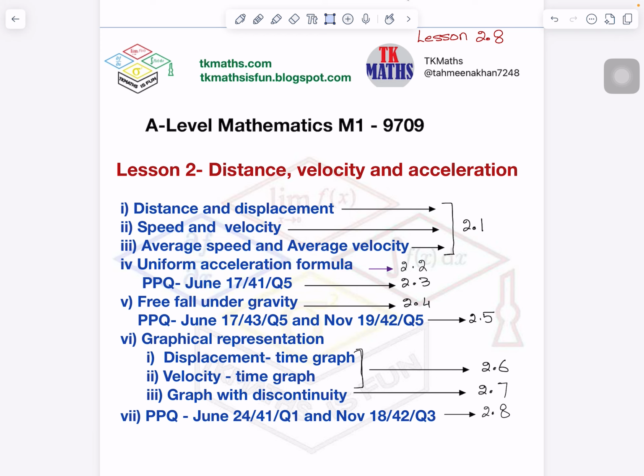In today's video, we will continue the lessons of A-Level Mathematics M1, lesson number 2, which is on distance, velocity and acceleration. This video is on the last concept of this lesson, which is based on the past paper question. I have picked up two past paper questions, June 24 variant 4.1 question 1 and November 18 variant 4.2 question 3. After that, this lesson will be completed and we will start with the next lesson, which is the use